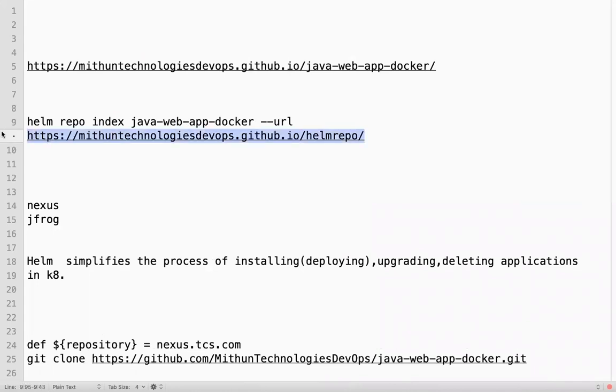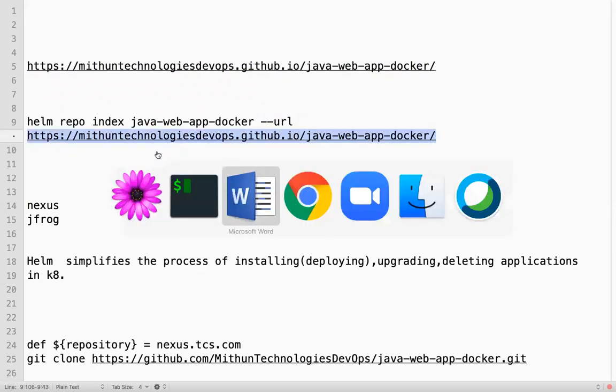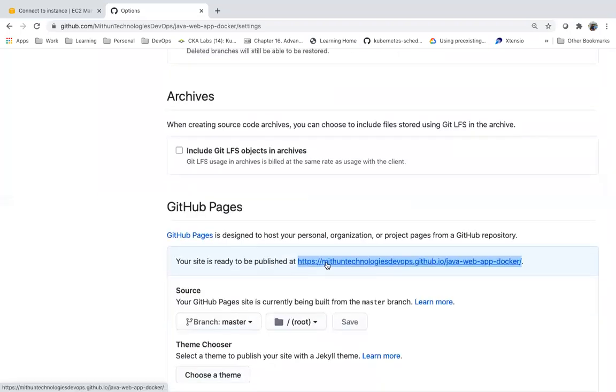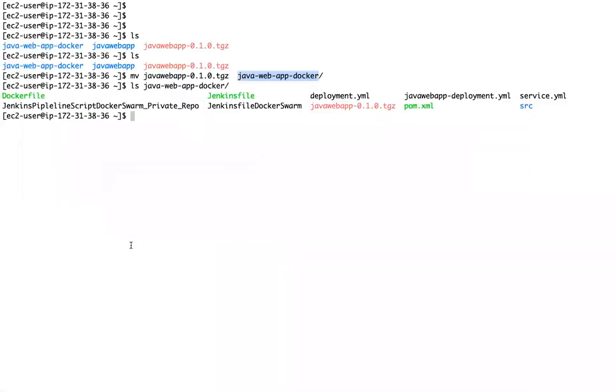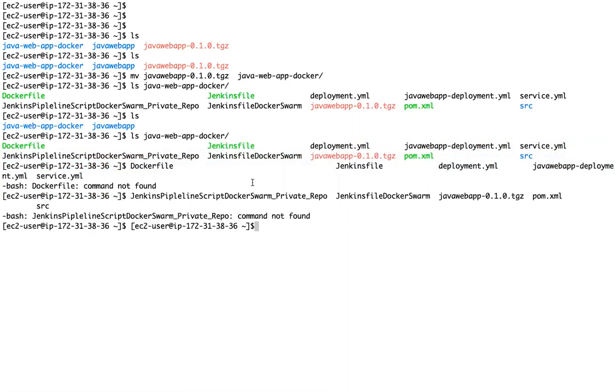This URL is nothing but a pages URL, whatever you have created, GitHub pages URL. Here you have created, right? So this is basically our Helm repository URL. So when I execute this command, if you see, as of now, inside this, these are the files I have. Now when I execute this command,